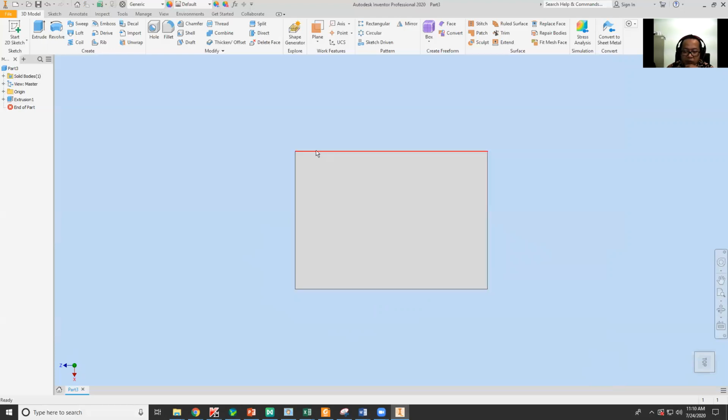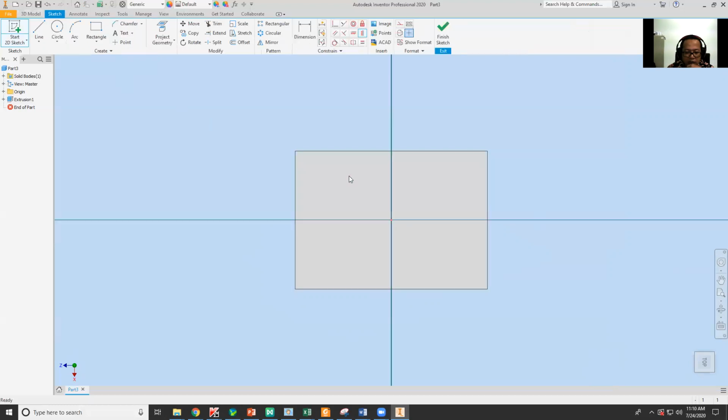Okay, we want to make a leg of the table. Okay, to make the leg of the table, we can try to make this one, yeah. New sketch, click this one. Okay, so new sketch can be done in the flat surface like this flat line. It's quite easy, and then you can click to this sketch and put it here. Okay, and then you see we need to make here when we click rectangle. Okay, we click like this,